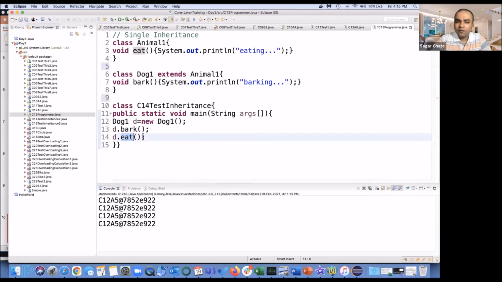No. So ideally it should give us an error, but we can see the keyword extends here. What this means, as we have seen in the syntax, is that the moment we write extends with a specific class, this dog becomes the child class and this animal becomes the parent class.